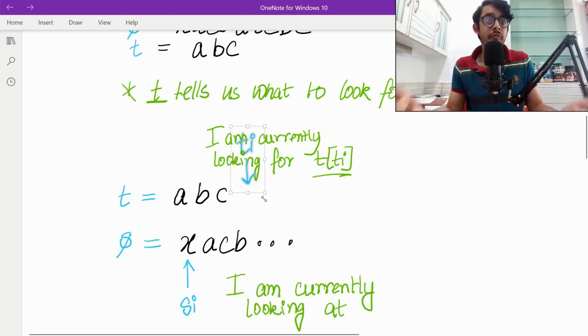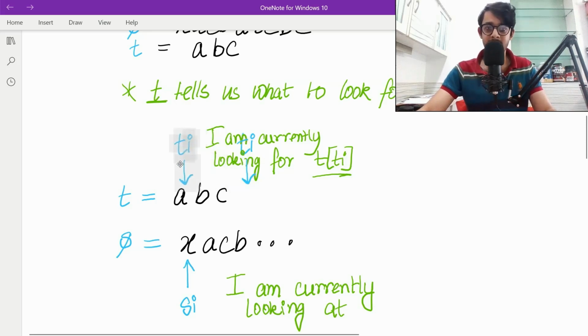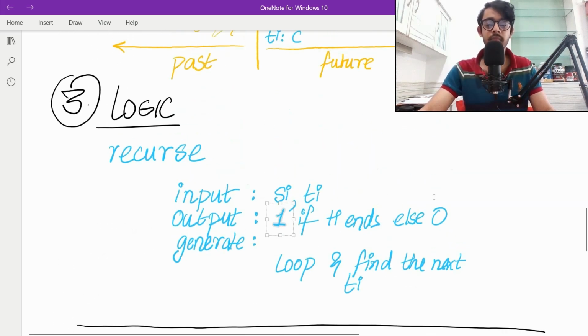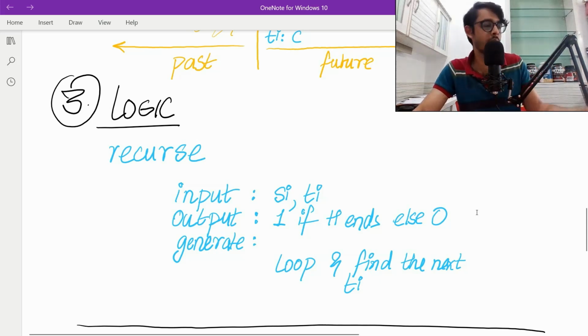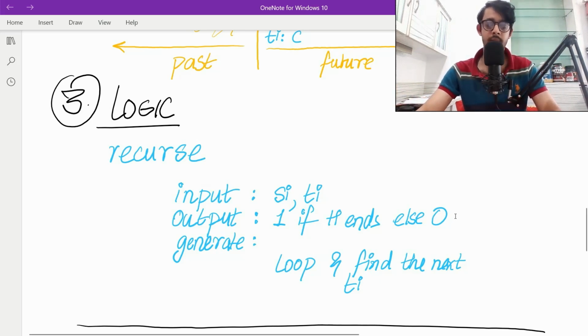That means that we have found some subsequence of S which is equal to T. This is exactly what we're looking for, and so we'll increase the count by 1 over here. If Ti ends, you get the score of 1, otherwise you get the score of 0. If you looked into the future and kept looking but didn't get anything, it's no use, so we'll just return 0 over here.